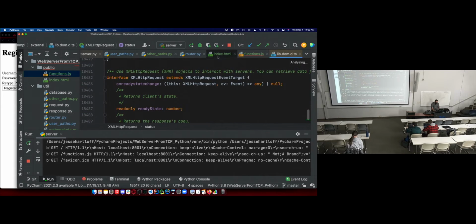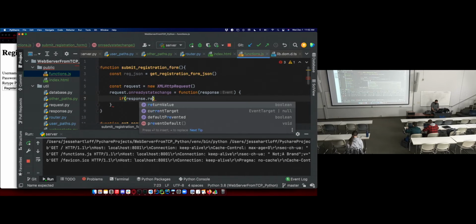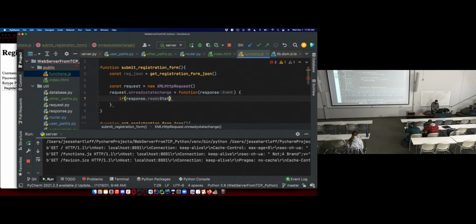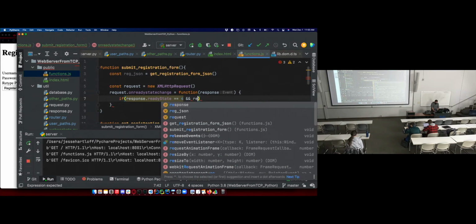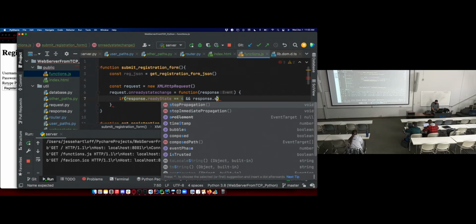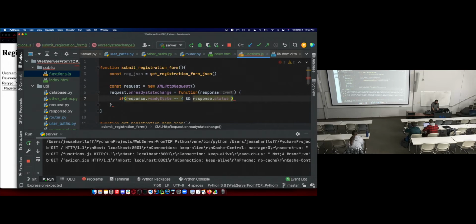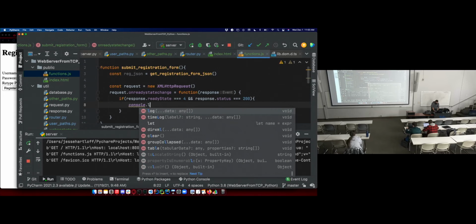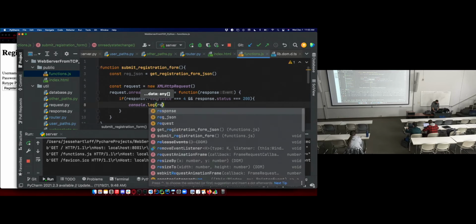And ready state. Dot ready state equals 4. And response dot status equals 200. I think that's right. I'm a little fuzzy on that one, but we'll just console.log